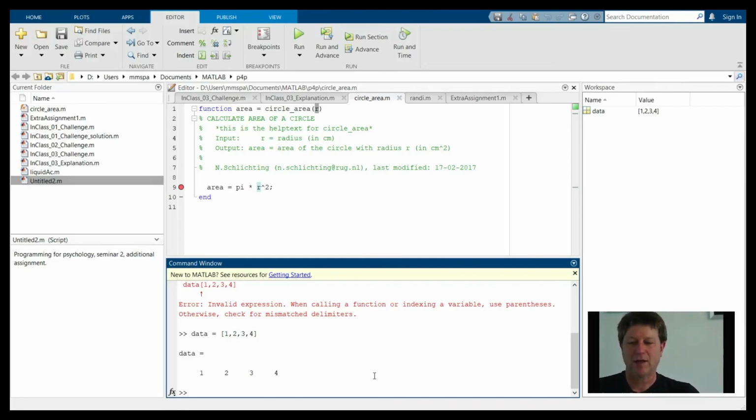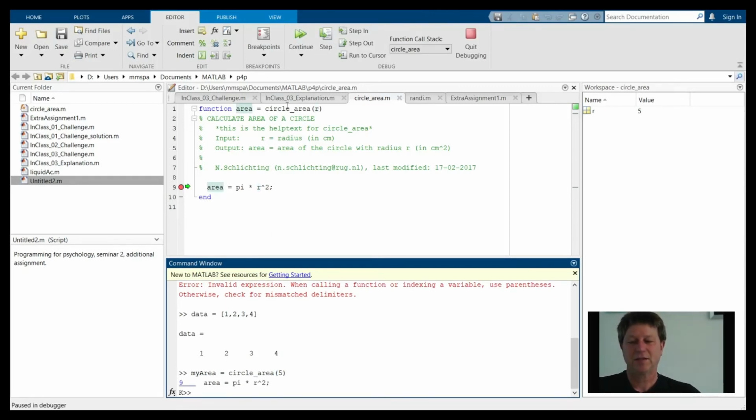Now I'm going to call the function circle area as my area. My area is circle area of a circle with a radius of 5, and you can see that next to the round circle, the red circle,